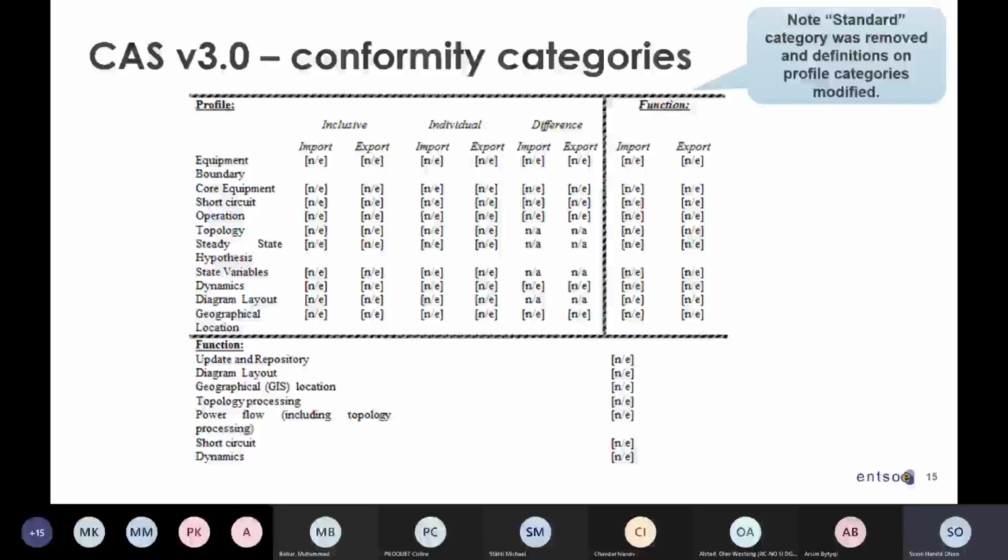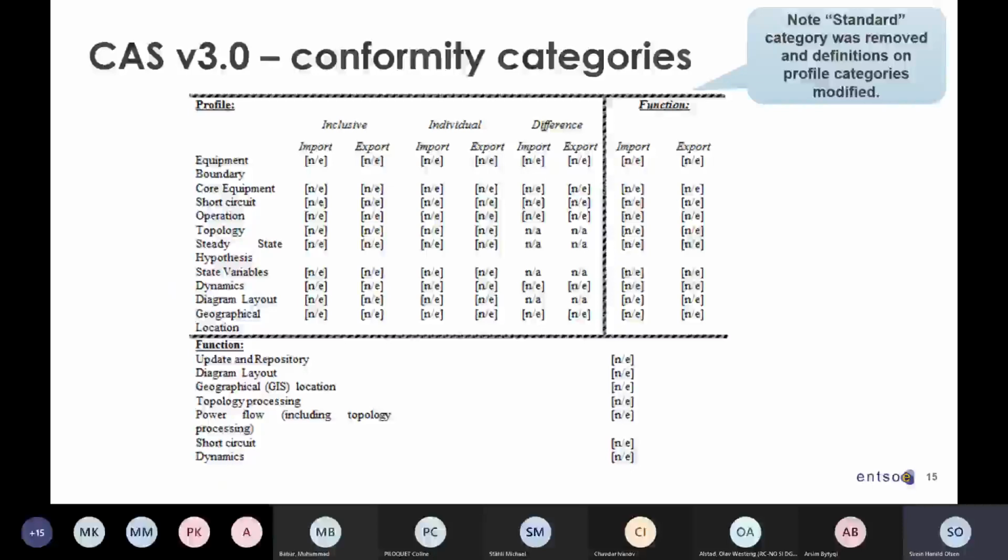So one of the things is we took away the standard category. The reason for this standard category was to encourage vendors to support multiple, not so that I just went in, did one conformity, one functionality, and say, yeah, I'm SIM compliant or CGMES compliant. In the beginning, when the utilities weren't that aware of this, that could probably be the case.